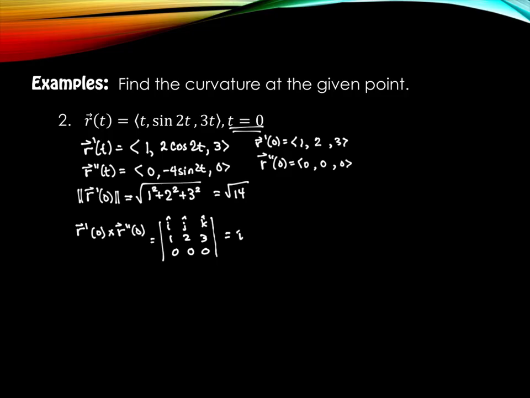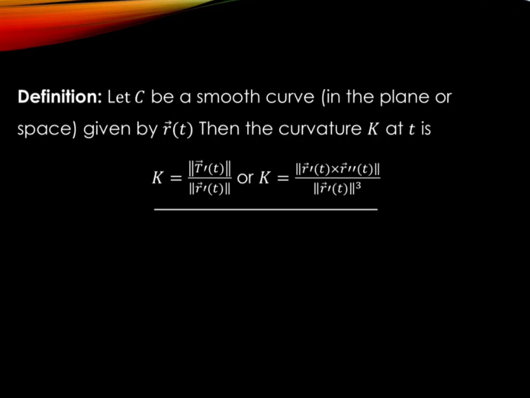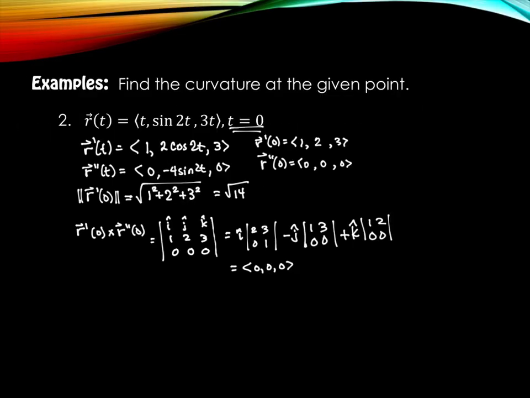right? So we would do i, and it would be 2, 3, 0, 0, and then minus j, and it would be 1, 3, 0, 0, and then we can do k, and it's 1, 2, 0, 0. I get zeros everywhere. So this is the 0 vector. Agreed? 0 vector is what we had. But notice the numerator on the second half is asking for the magnitude of the 0 vector. Well, what's the magnitude of the 0 vector? It's 0, right? So the magnitude of what we just found